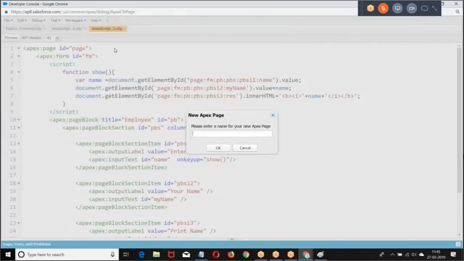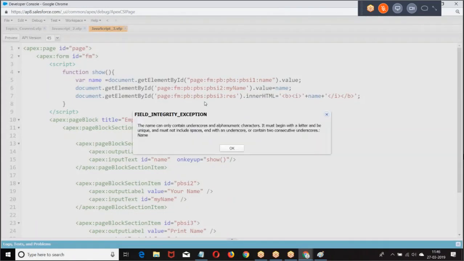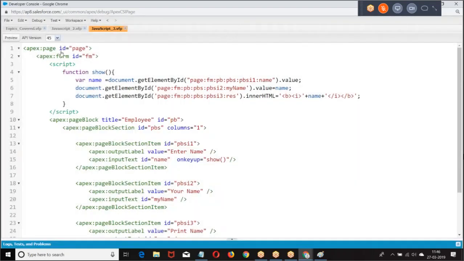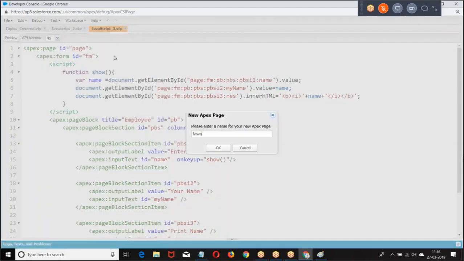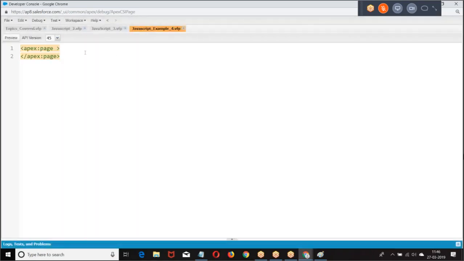Then how will you give it? Look at the point: ID equal to page.